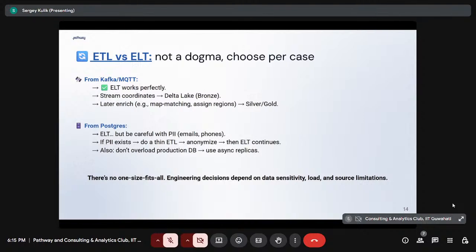And in the case of coordinates, we often do map matching. So let's say you have a stream of coordinates, but the cars can only move on roads in most cases. So we take these coordinates, see which road each corresponds to, and then change the coordinates in a way that the car was moving along a road. So we pick, for example, the nearest highway. There are many algorithms to connect raw coordinates with the road graph. After that, we have some meaningful information, for example, to build routes on top of this.